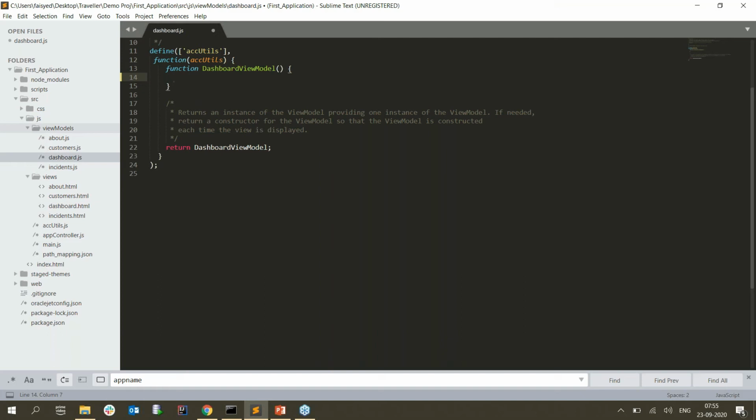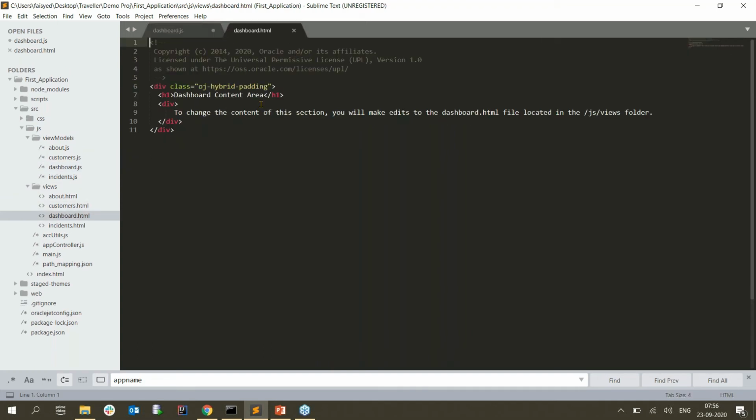One thing you have to keep in mind is that whenever you're creating a component, the name of the view, that is the name of your HTML file, has to be exactly the same as your view model. In this case, there is a view which is dashboard.html. Then when you come to the view models folder, you have to have a file dashboard.js with the exact same spelling. That helps OJet pick up the corresponding model for the selected view. So this is one basic idea of why you need it, and why I'll be modifying both of these files for you to understand.